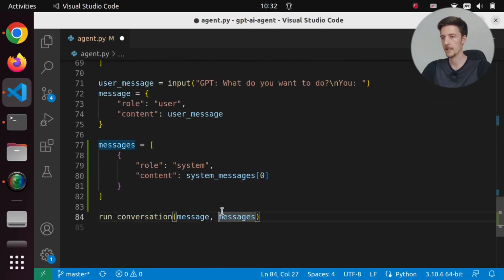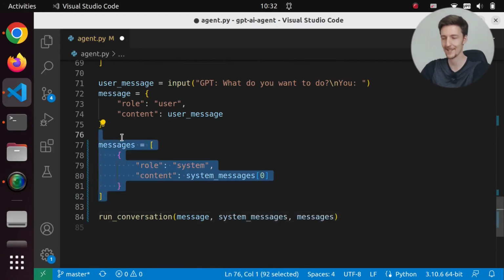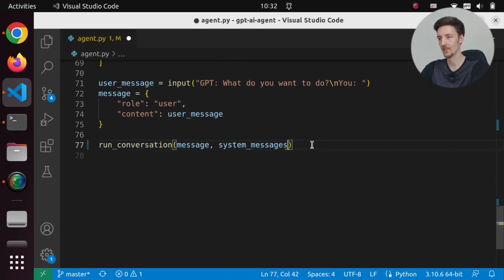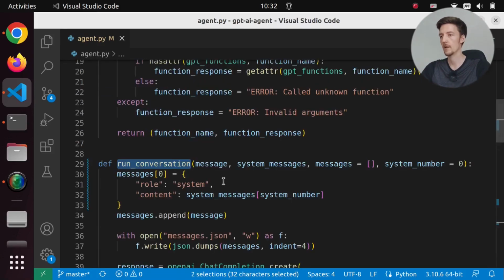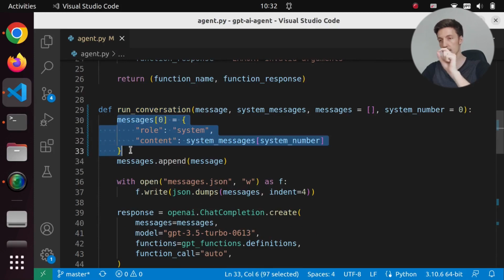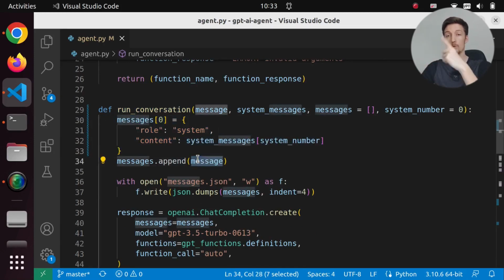And I guess I don't have to set these messages here. I will just leave it empty, because if we add it to the 0th index, then it will always be added in the beginning, even if there's no 0th index yet. So we will change the system message in the beginning, and then we will add the new message to the end.